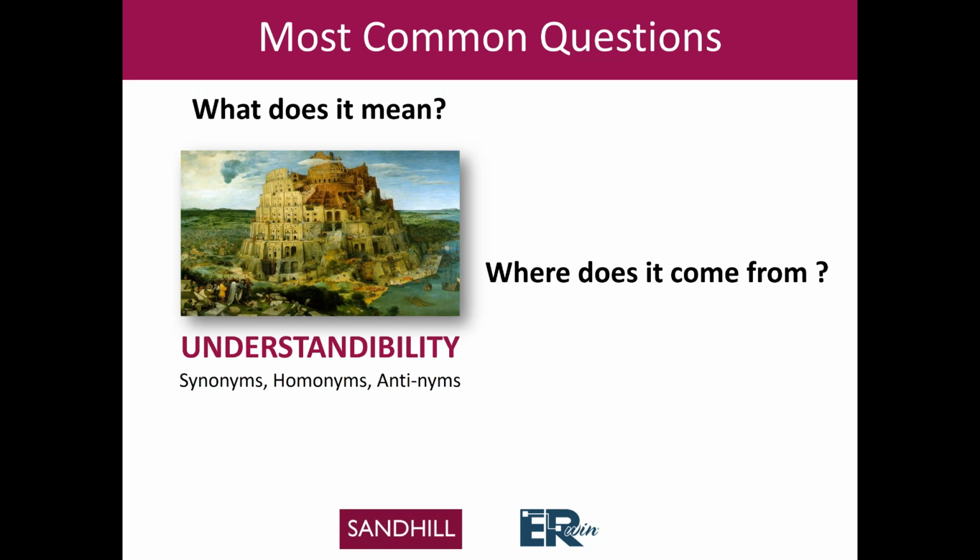Well, the what does it mean part is really about understandability. Because as we know, as we look at terms in any report or any column header, there are some synonyms and homonyms and what I like to call antonyms. As you know, synonyms and homonyms relate to words with the same meaning, different spelling, or words with the same spelling and different meanings. And I've found in our experience of building data and business intelligence and data warehouses that there are some semantics, some words, and some columns in databases that we frankly don't know why they're there, but nobody wants to mess with them. So they're a lot like antimatter in that respect.